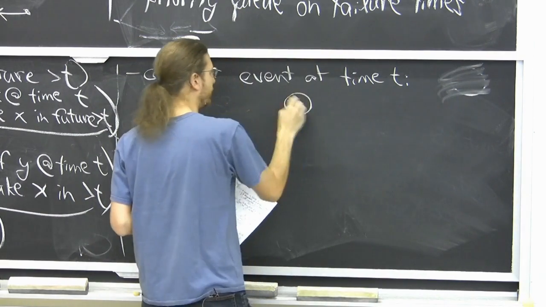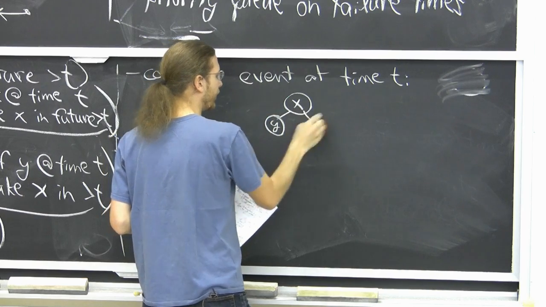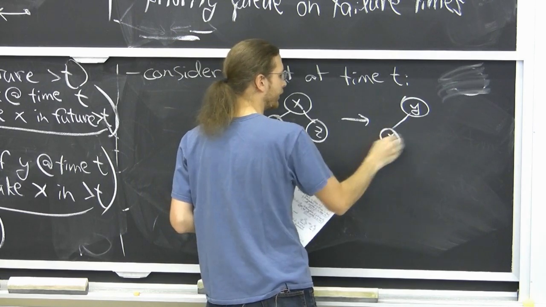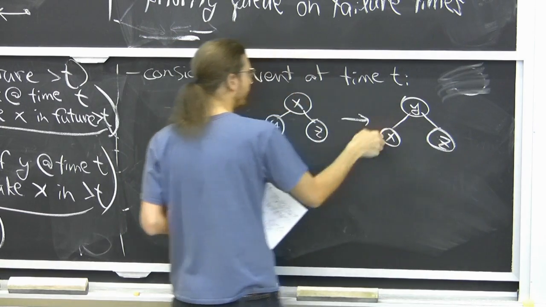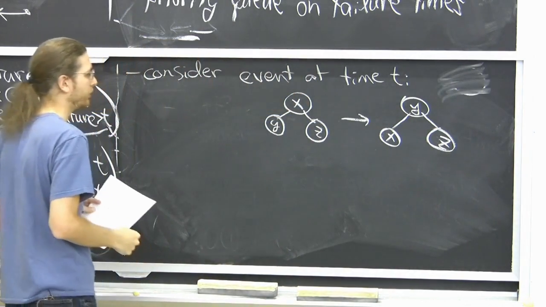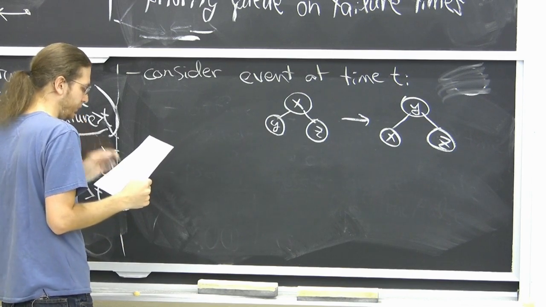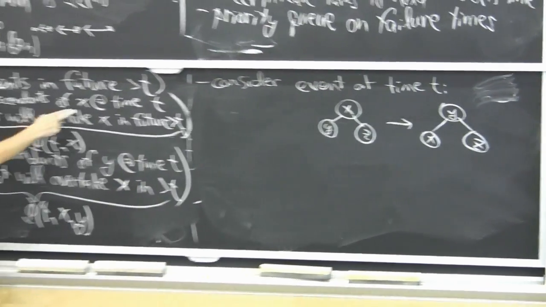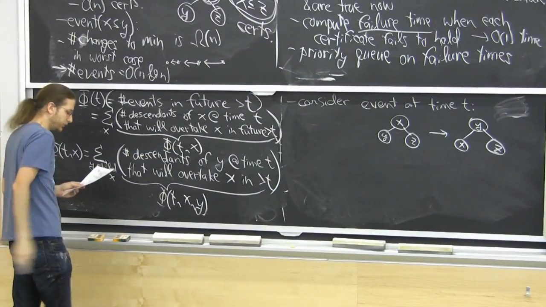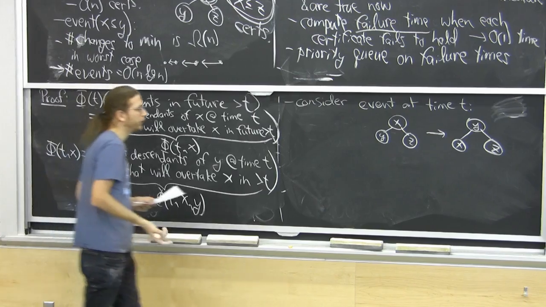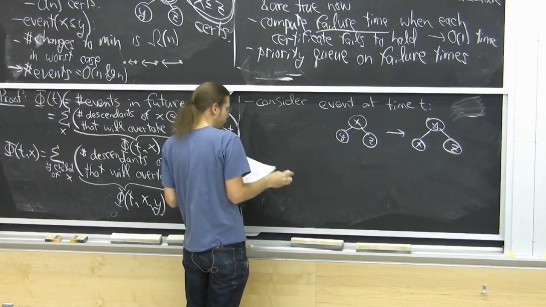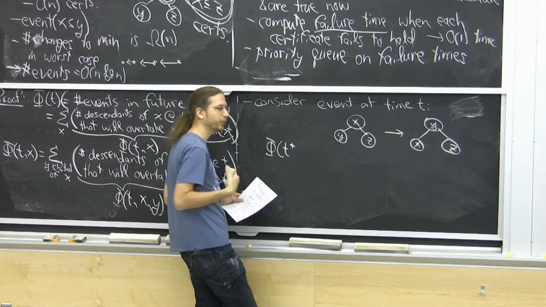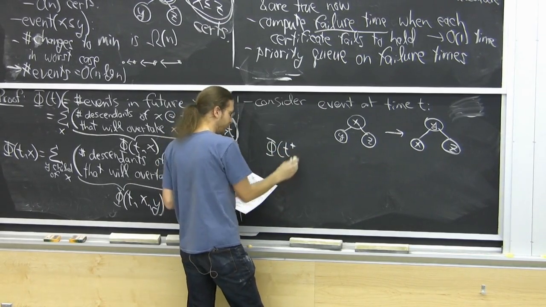A little bigger, x, y, z. Let's say we need to change it to y, x, z, because y is about to overtake x. How does the potential change? Well, potential is the sum of all of these phi t x's. So, which of these phi t x's change? I claim that phi of t plus, which is the moment right after now, infinitesimally larger,